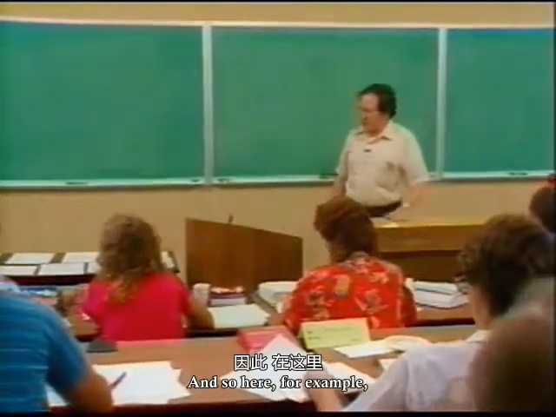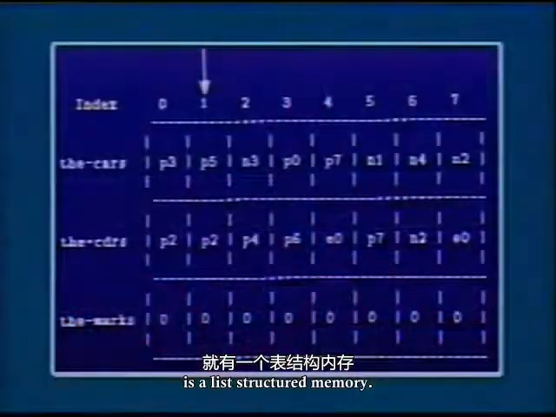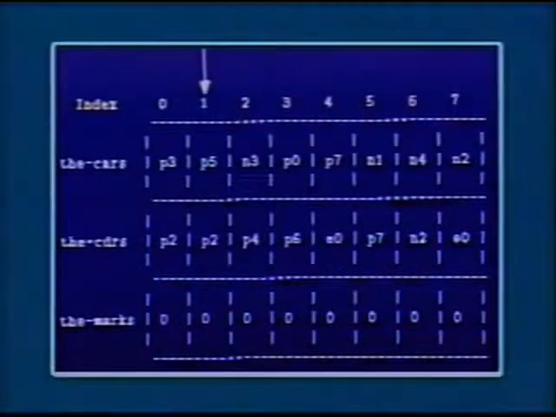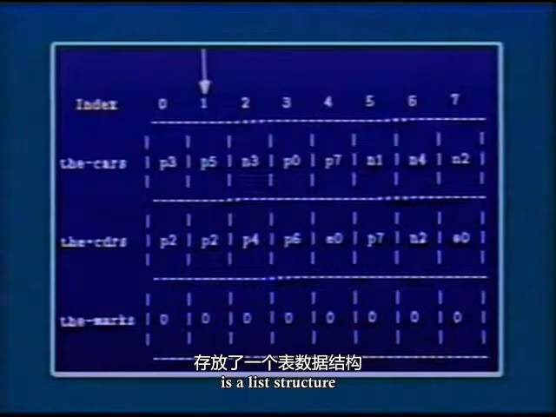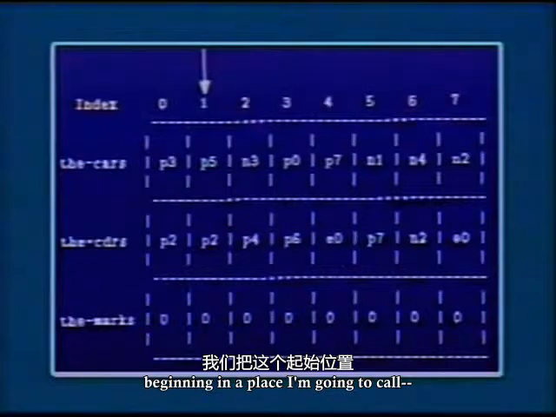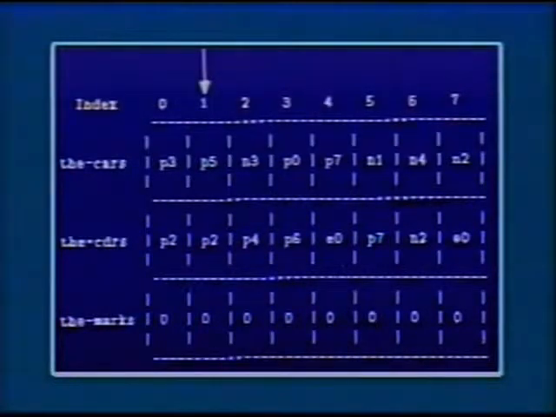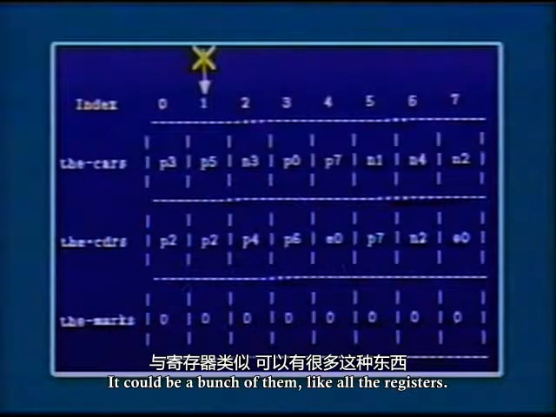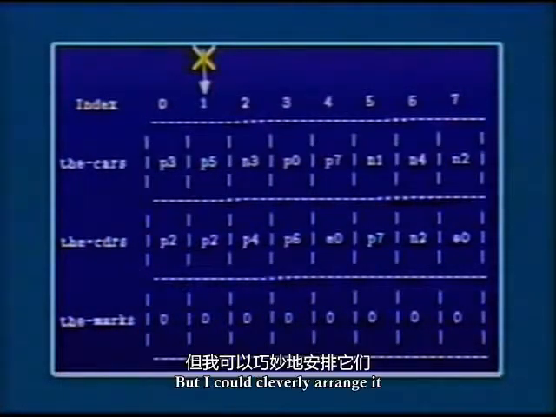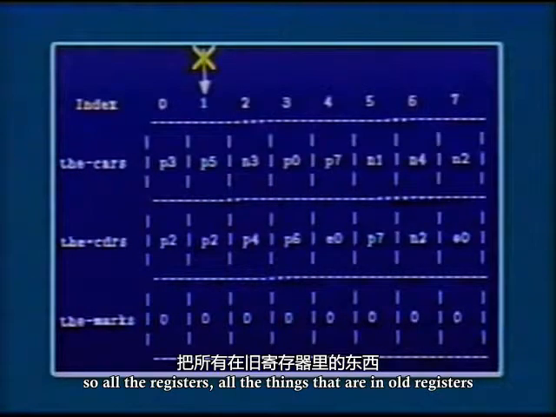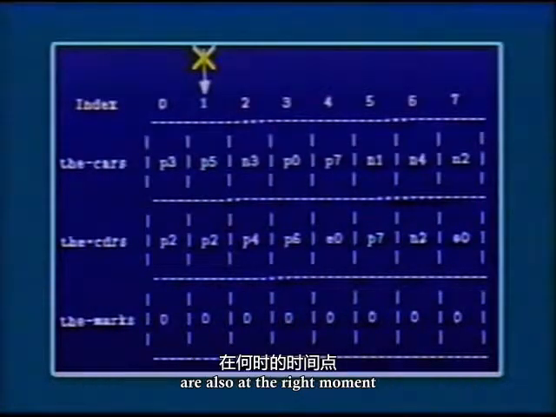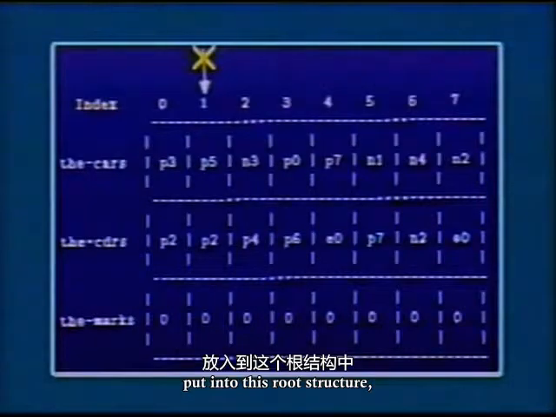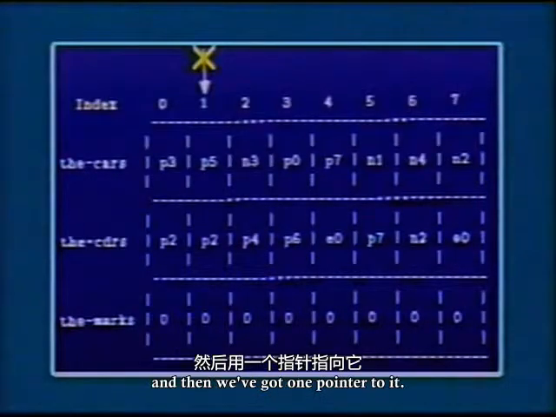And so here, for example, is a list structured memory. And in this list structured memory is some list structure beginning at a place I'm going to call the root. Okay. Now it doesn't really have to have a root. It could be a bunch of them, like all the registers. But I could cleverly arrange it so all the things that are in all the registers are also at the right moment put into this root structure, and then we got one pointer to it.